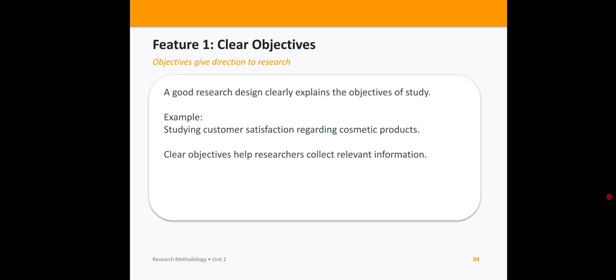Students, before starting the research, researchers must clearly know what they want to study. Objective gives the direction to research. For example, if a student wants to crack the NET JRF exam, then before cracking the exam, they have to set the objective, like what syllabus they need to cover in 6 months, and what type of sources they use